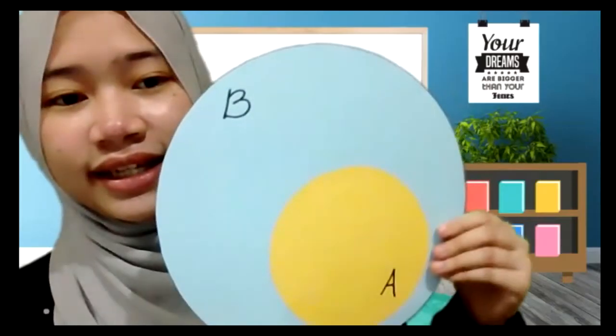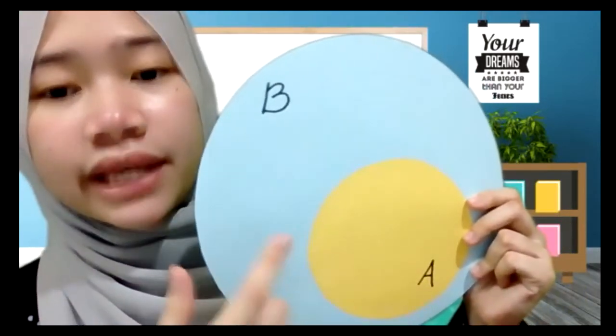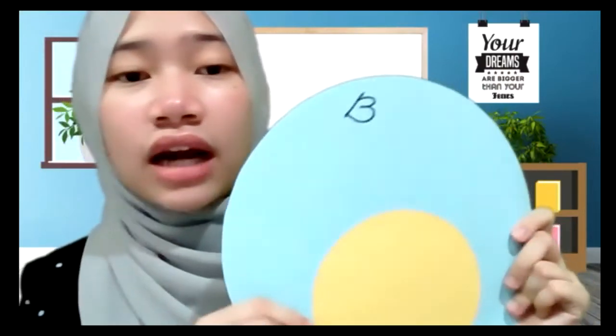Now, what if we have a set containing all the elements of the other set? The Venn diagram of these 2 sets will look like this. This implies that the smaller circle is the subset of the bigger circle. We have to note here that if the subset has the same elements with the set, then they are called equal sets. Take note that equal sets and equivalent sets are different from each other. We also have universal set being represented by Venn diagram, but before we proceed, we will be having a stretching